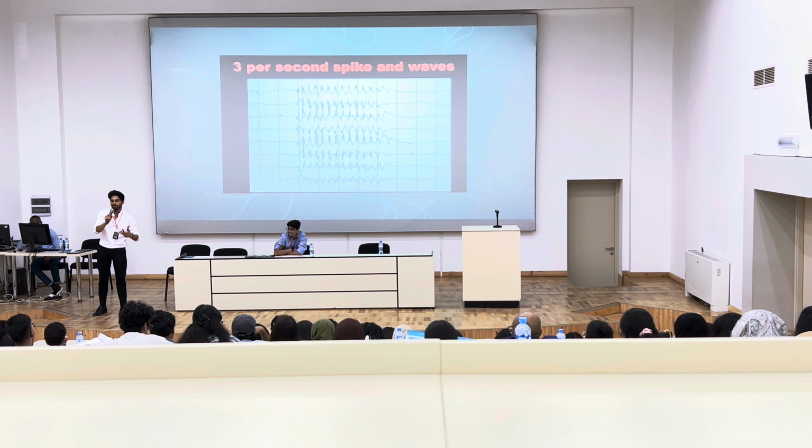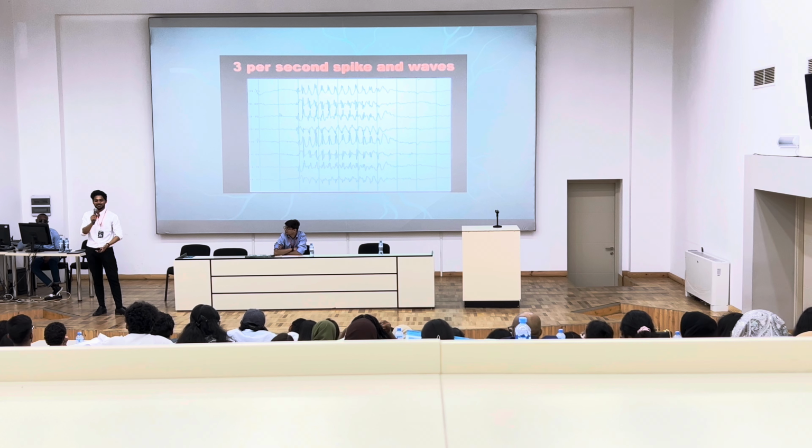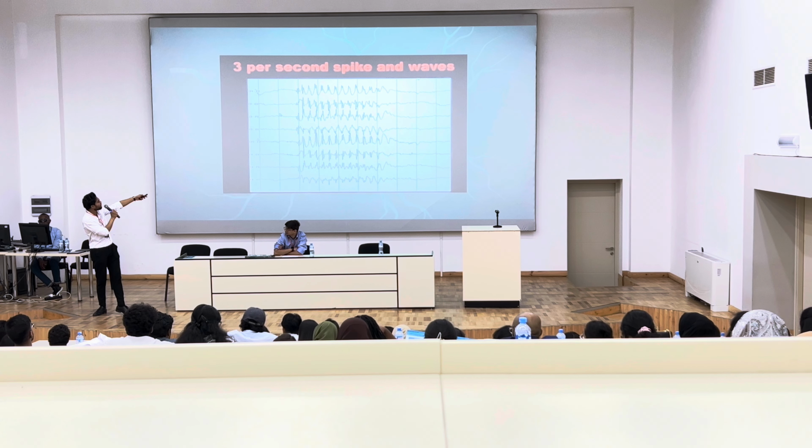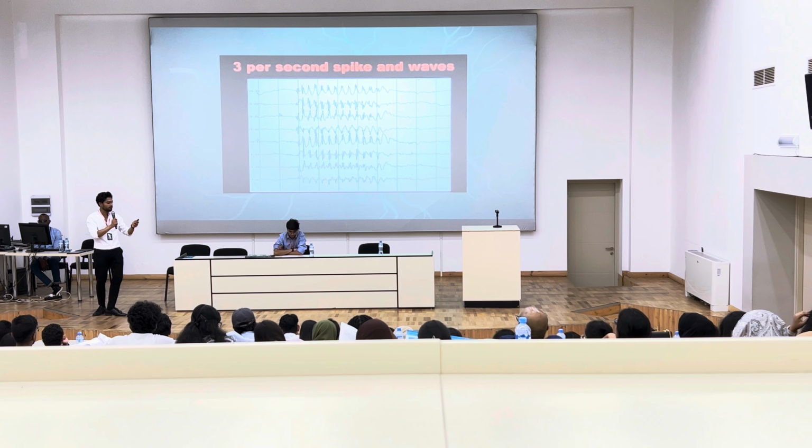And the most common place where you'll see this is in someone with absence seizure. So you have a child and the parent says, my child looks blankly at the wall for some time, then he just looks normal, he's just confused. You do an EEG, and then you see this type of pattern. This is an absence seizure. So 3 spikes in a 1 second interval is a spike and wave.